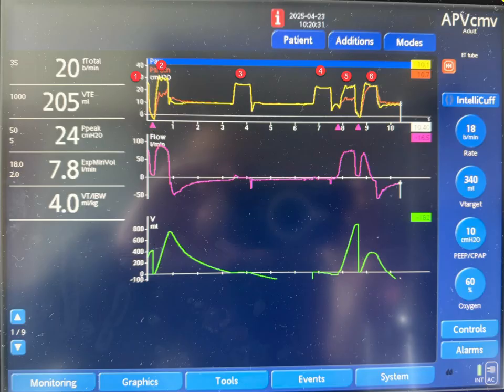Inspiratory effort by the patient, the pressure goes down from 10, which is the PEEP, all the way down to -2. So this is huge inspiratory effort by the patient, resulting in triggering the ventilator before expiration. So we don't have expiratory flow here, and we see the volume goes down to 0. This is not expiration, this is recalibration of the machine. The volume goes down to 0 before the next breath once